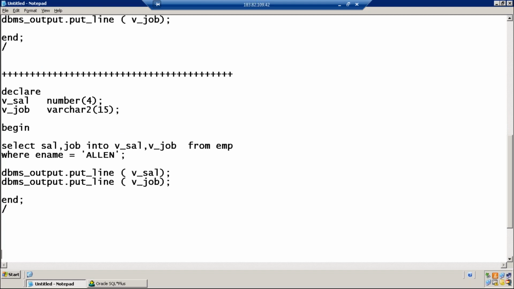One very important concept. Question for Jamal: V underscore job is a variable. You are using this variable to store what value? Job. I'll make some changes.